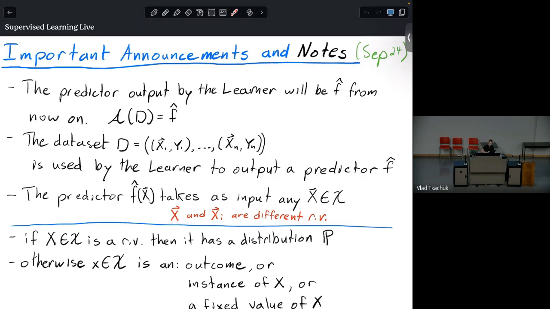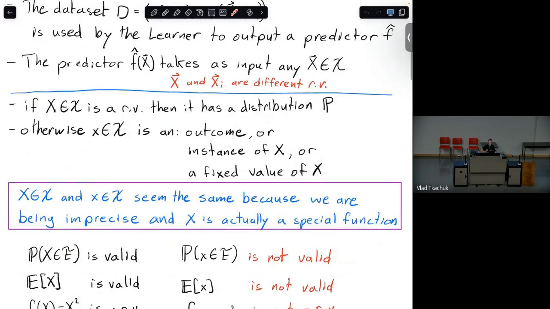Okay. Some other confusions, which are very natural, are about these things called random variables, and then instances or outcomes from the random variable, and what we use for stuff. So that's the stuff after this bar here. Okay, and I wanted to hopefully clarify some things here. So we call this capital letter thing X a random variable. We almost always use capital letters for random variables, and we'll say something is a random variable if it's in some set, which we'll call the outcome set. And it has a distribution P,